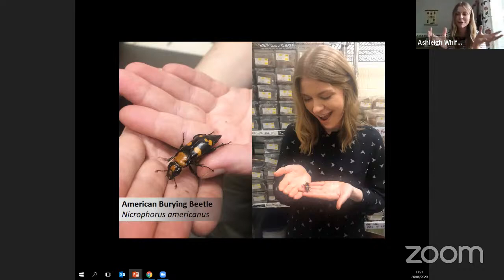So it's a little bit like birds. They create a home out of the carcass, might be a dead mouse or a dead bird. They strip it of any fur or feathers. They bury it, concealing it underground, and that's to avoid competition from other scavengers like foxes. And then they will create this lovely little family setup whereby